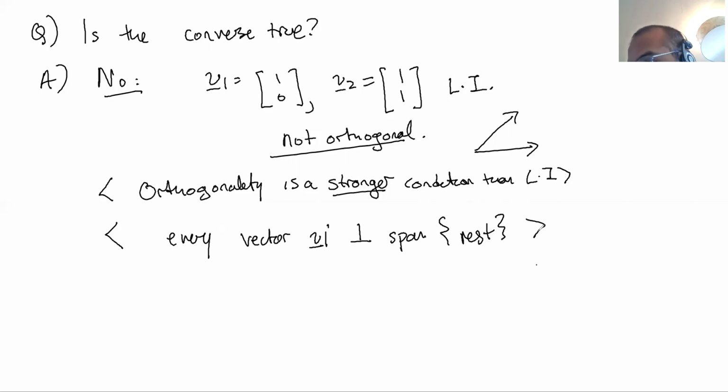Okay, so we defined linear independence, and naturally, once we have a stronger notion of linear independence, we can have a stronger notion of a basis. This brings me to the next definition, and the definition is that